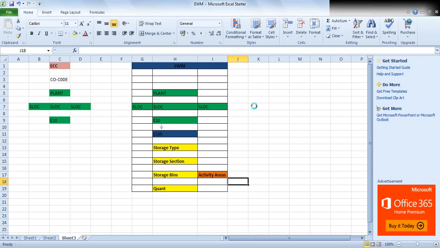Work center. Okay. Work center is also another structural element that we have. So let's